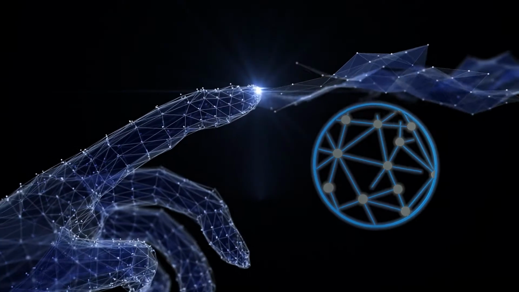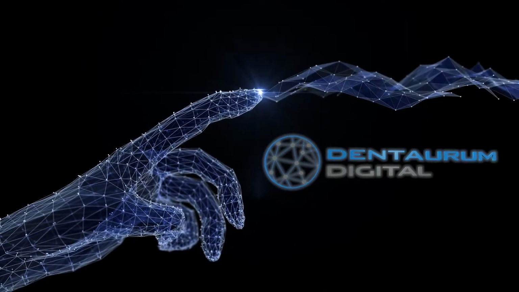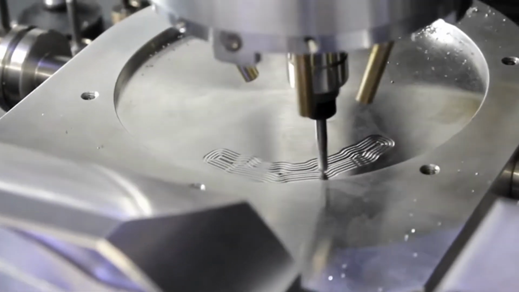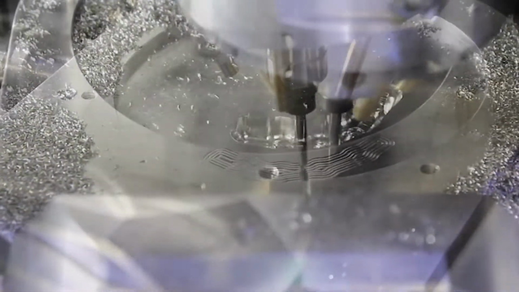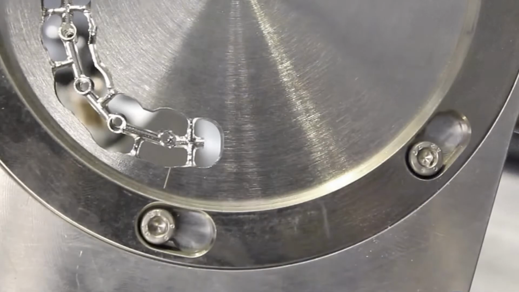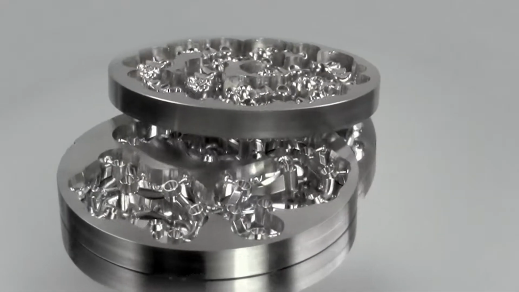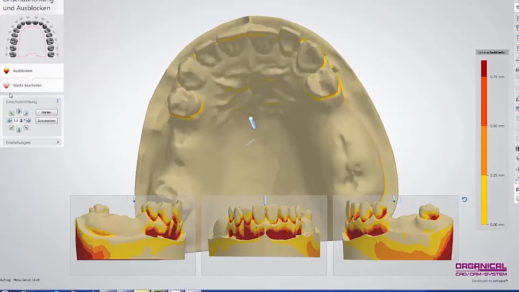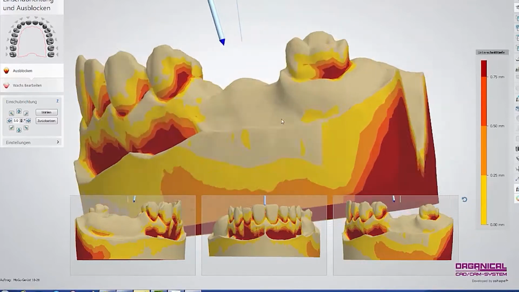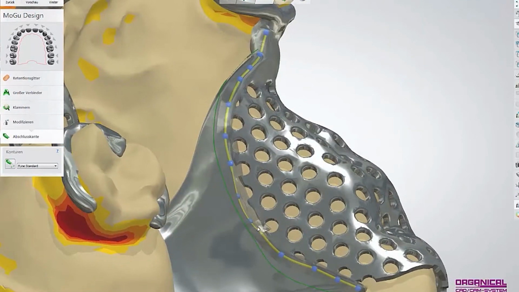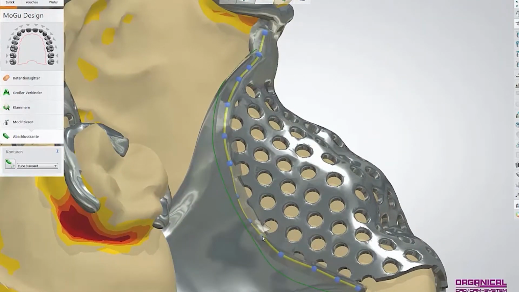Digital process chains are now a fundamental component of dental technology. We at DENTAURUM have given a lot of thought as to how we can transfer proven analog materials into a digital workflow. Users can decide freely whether they make use of the services we offer or the adapted materials. For example, we can offer long-term, clinically proven alloys with identical composition, both for casting as well as for milling